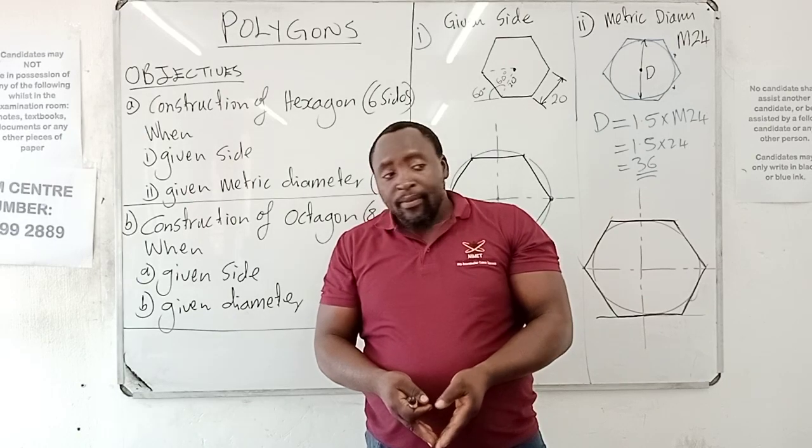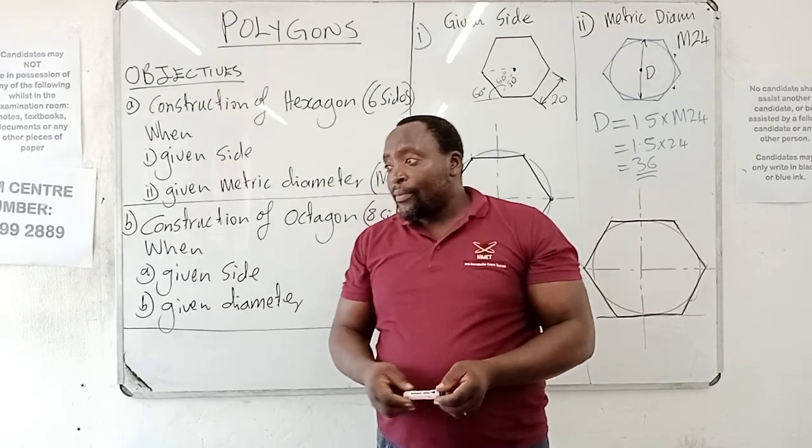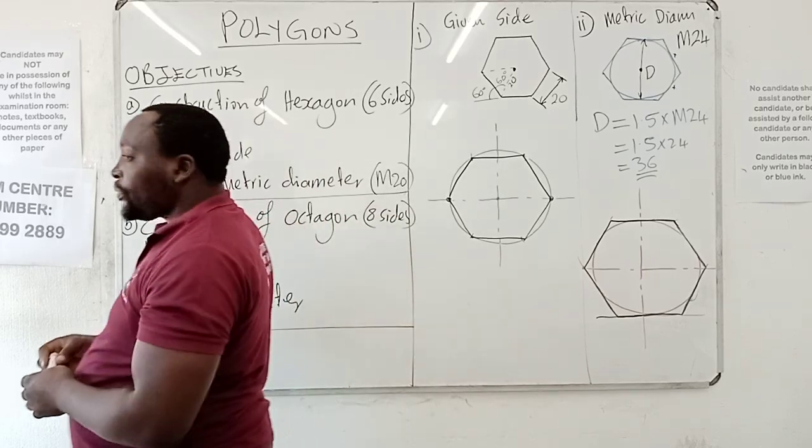So if the diameter is 36, that diameter is 36, then I should divide it by 2 to get your